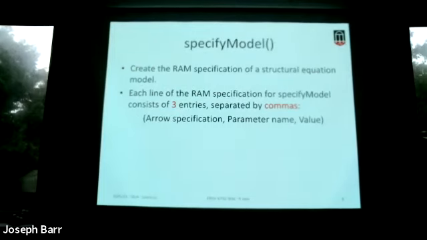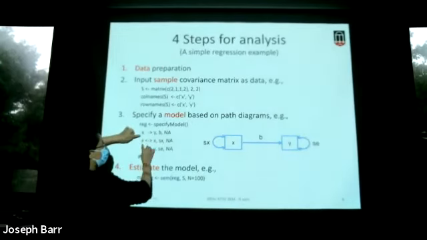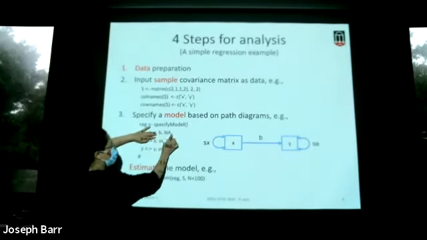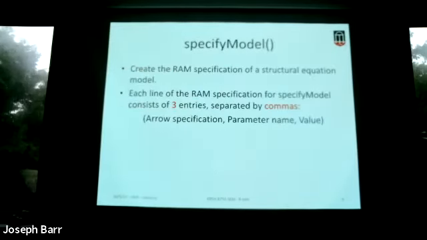Okay, so we mentioned this function, specify model. This function is gonna create a model for us in the software, okay, in the package. And we have 3 parts. Look at here, okay, we have 3 parts. The first component here, okay, the second component here, the third component. So what does that mean? So what are these components?